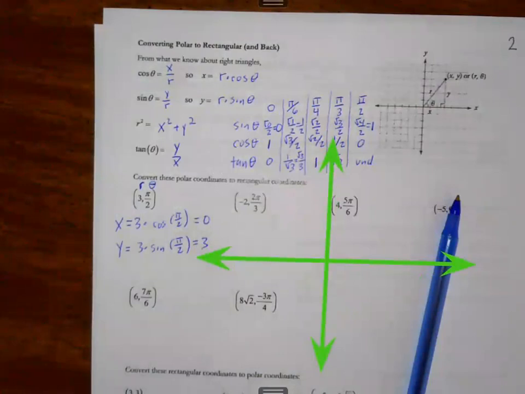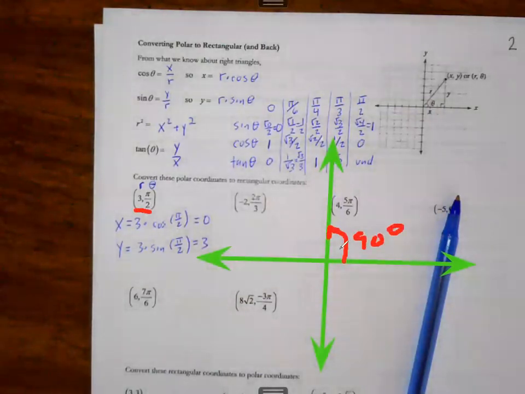So first, let's find the polar version. To graph this in polar form, we would rotate 90 degrees. All right, so 90 degrees is pi over 2. And then we would move away 1, 2, 3. So this right here would be that point, 3 comma